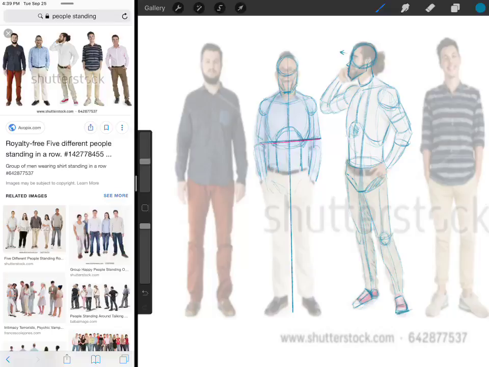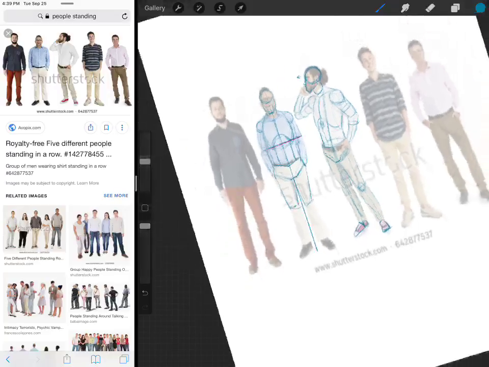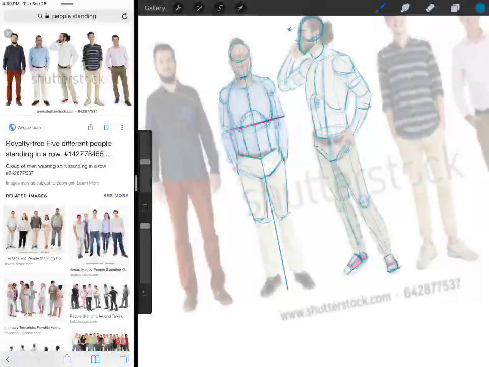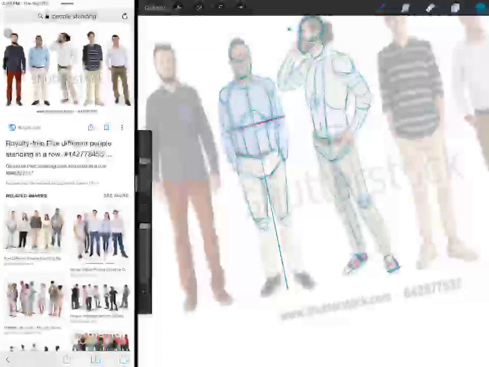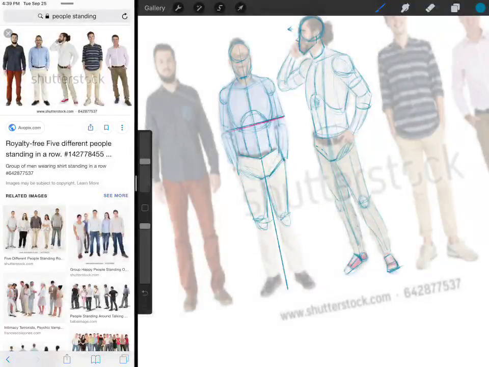Hips. If I wanted to do the sphere here, if I do the square, it's like this. Then of course, here's our tapered cylinders that help build up the figure. Kneecap. Now I'm not going to line up these knees because there's a height difference, so we got to take that into consideration. This again is just a practice demonstration. Boom. This one always goes out this way and it comes in